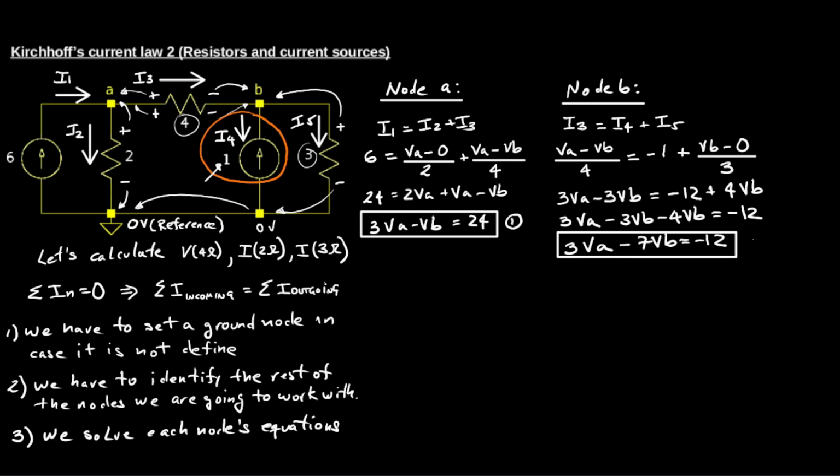Okay, so we have equation 1 and equation 2. So we solve this equations system, and as I said before, what I'm going to get from this circuit when I solve it by means of using Kirchhoff current law